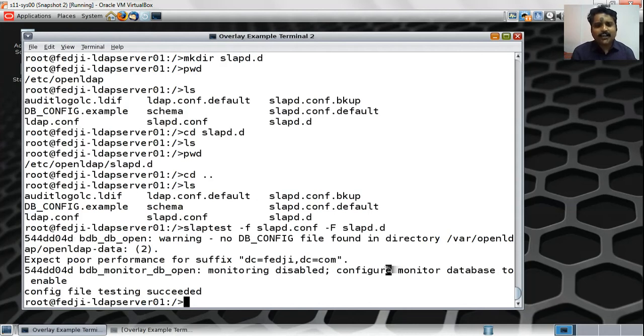There you could see a couple of warnings, which of course is indicating to me that I haven't really fine-tuned my OpenLDAP server. There are some things that I need to do to fine-tune my OpenLDAP server, which I have not done. Of course, that's not the intention of the discussion here. So let's ignore that warning for the time being and go back to the